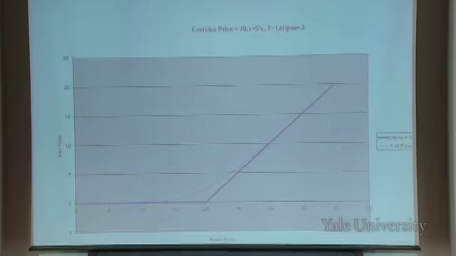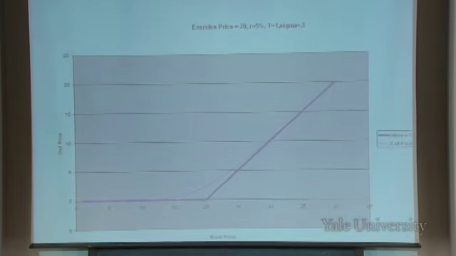So the question for financial theory is, what determines this pink line? You agreed that it should be above intrinsic value. As the option gets closer to expiration, as time moves on and the exercise date is getting closer and closer in time, this pink line is going to go down, down, down. And on the last day, it hits the intrinsic value. But what is it before the exercise date?